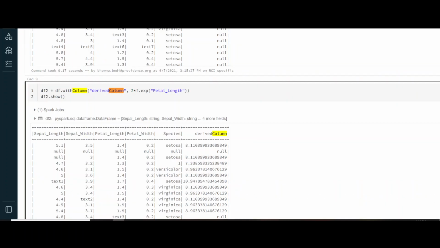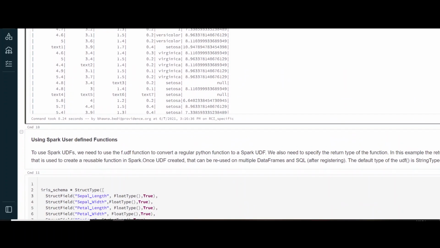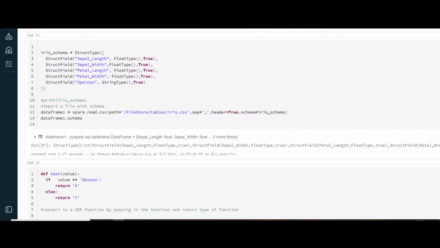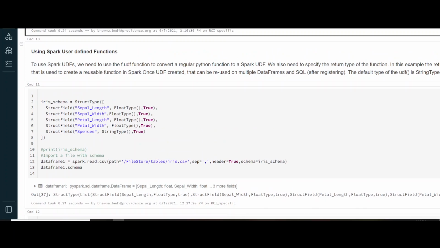So guys, when you talk about Spark UDFs, those are basically reusable functions which can be used in different data frames, in multiple data frames. You have to specify the return type for those user-defined functions as well, and there is a particular way of creating Spark user-defined functions.